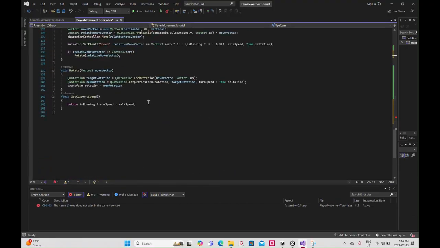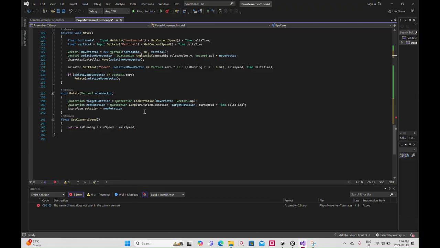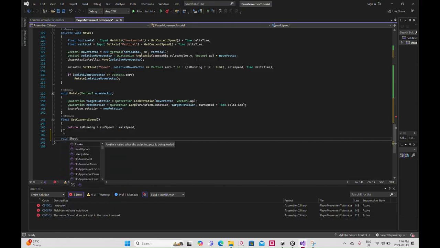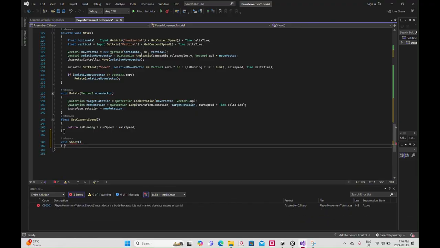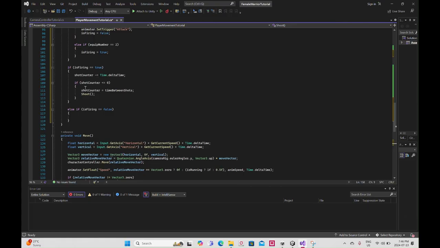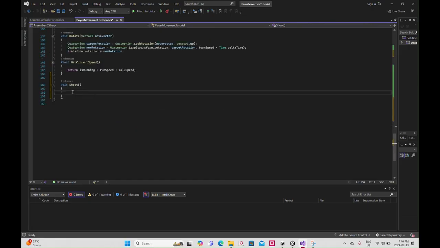Back down here, so down here we're calling the shoot method, void. Okay, so the shoot method is only being called when firing is true and the shotCounter value is smaller or equal to 0. And if that's the case, as this is being triggered,